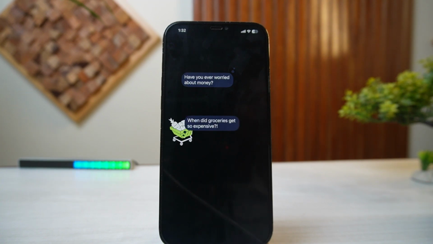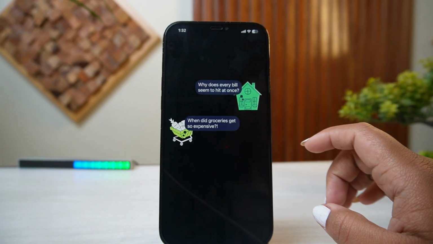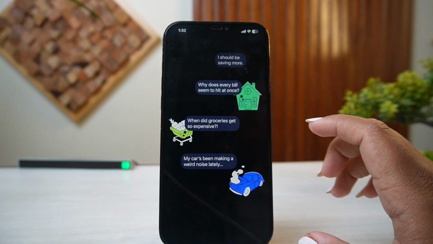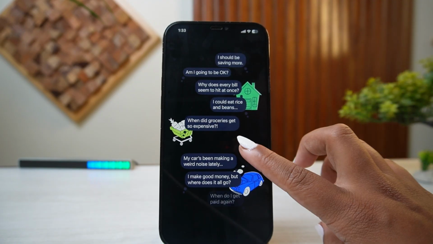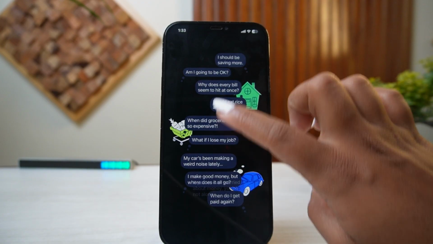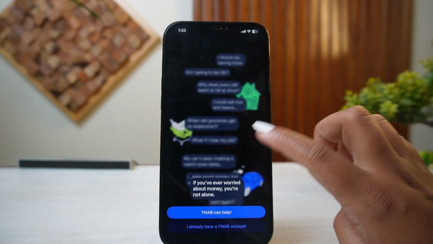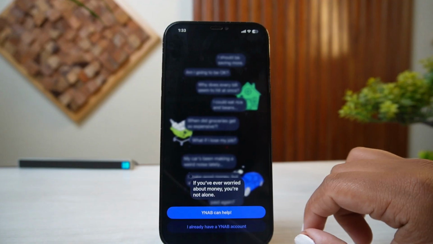To log into your YNAB account after forgetting your password, the very first thing you want to do is simply install the YNAB application on your phone. Once you install it, you will successfully be able to open it. And once you open it, you will get into this page where you can simply